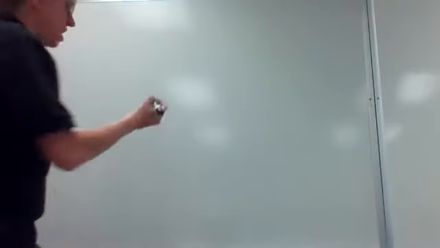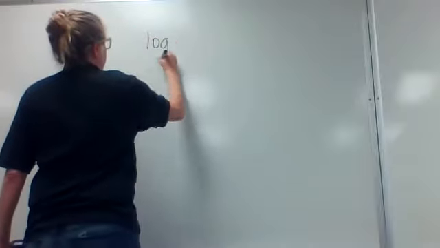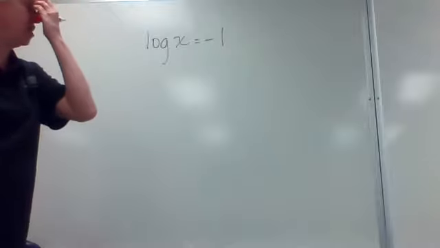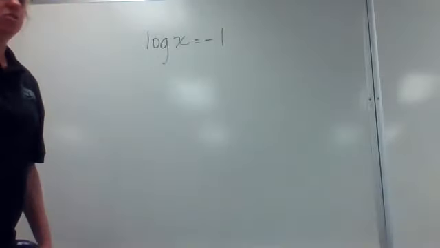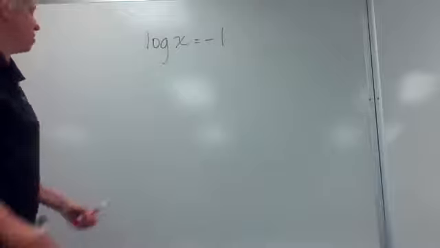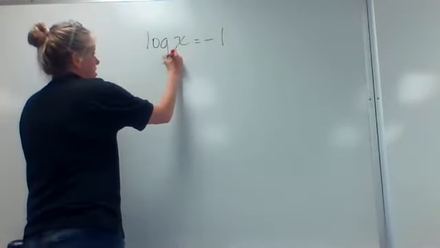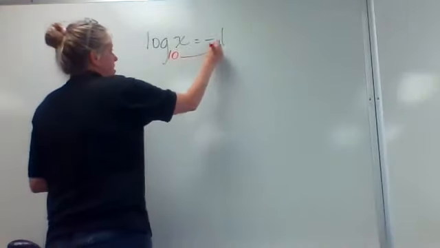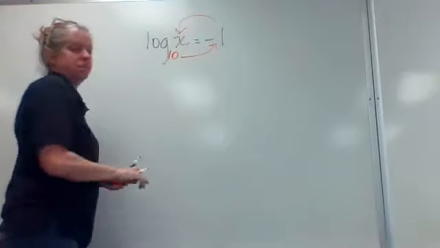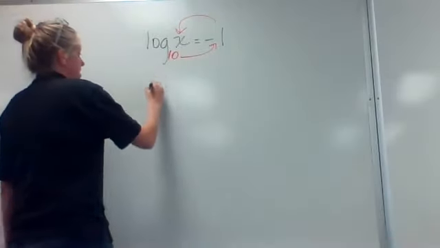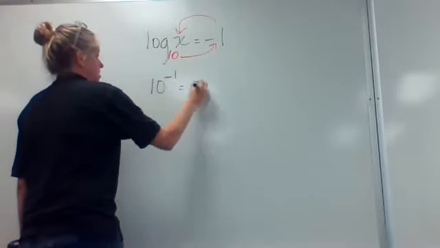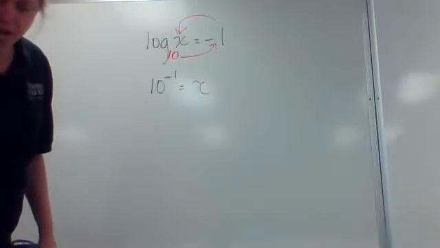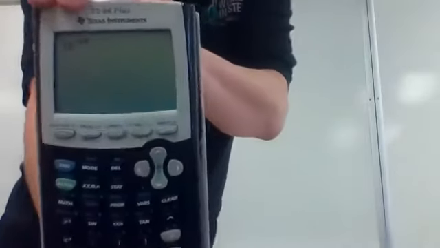Log of x equals -1. So I only have one logarithm again, which means I want to turn it into an exponential equation. If you don't see the base of your log, what is it automatically? 10. So this is going to say 10 to the -1 equals x. You can just punch that in your calculator. 10, go up in your exponent,